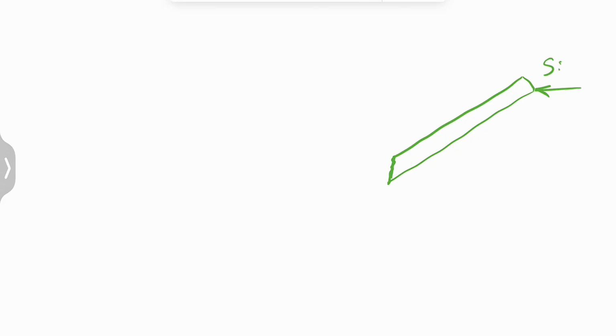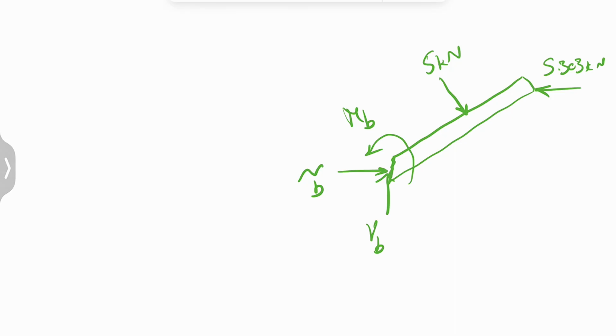Again, we have same BX 5.303 kilonewtons. Now this is going to be our normal force. We're going to call it NB. This one shearing force, VB, and one moment MB,